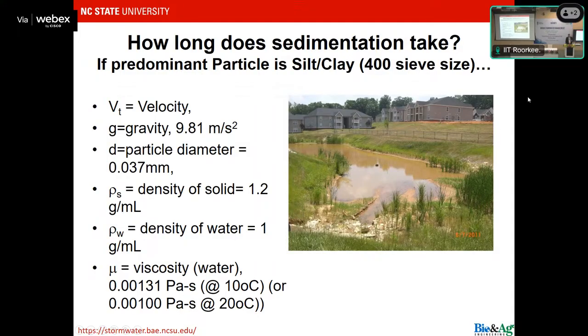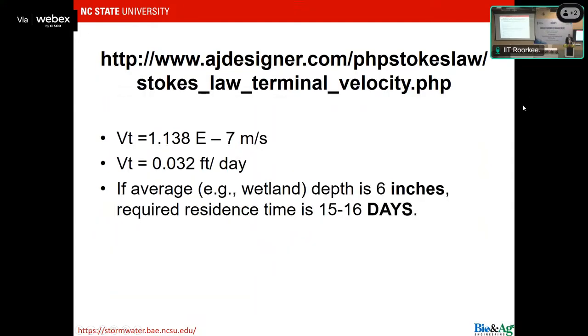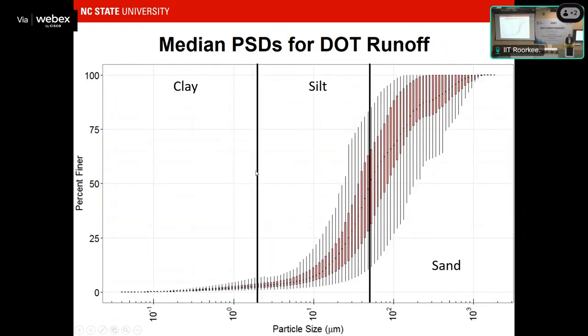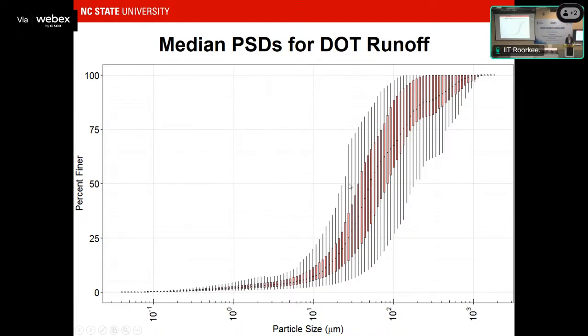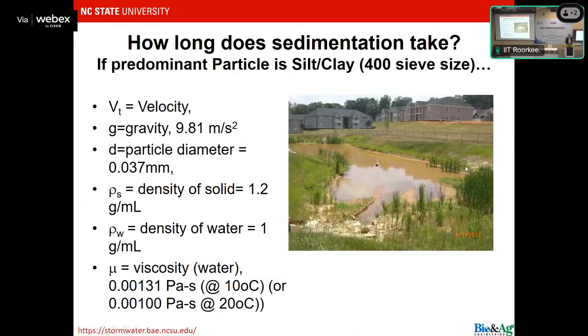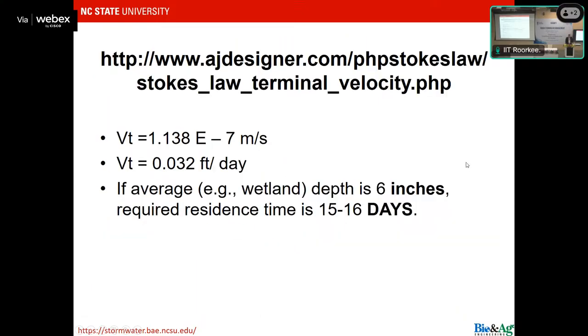So we could go through and calculate this. I'm not going to do it other than to say that if you're dominated by particles in this range, which fortunately we are not, but if you're dominated by particles in this range and you try to settle them out in a constructed wetland, and you're trying to have it fall 15 centimeters, so forgive me for not converting that, it would take that water, the water would need to stay in the wetland for 15 to 16